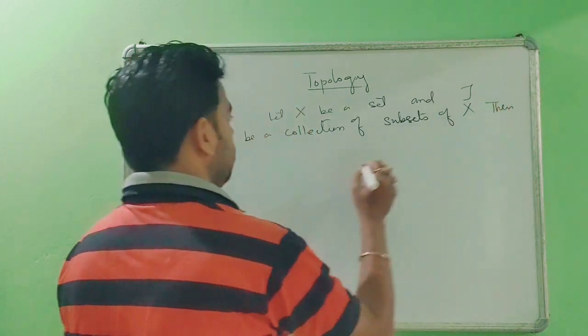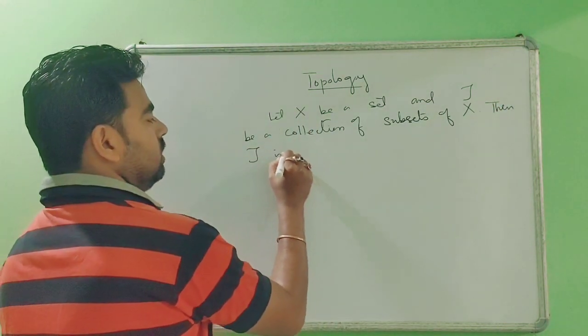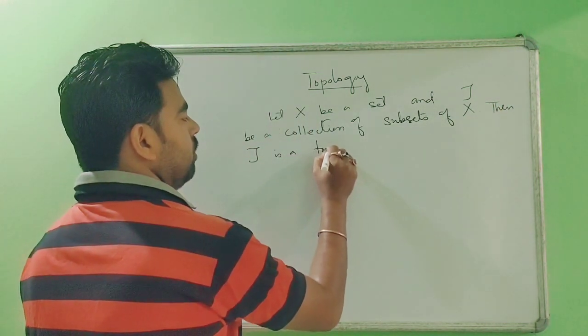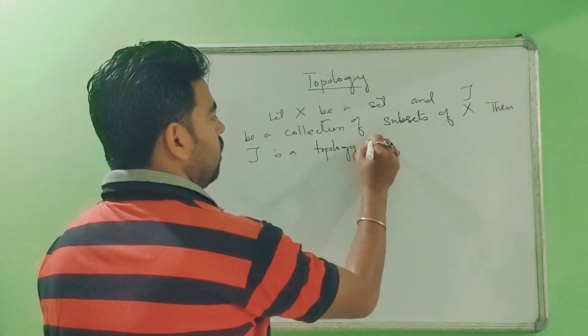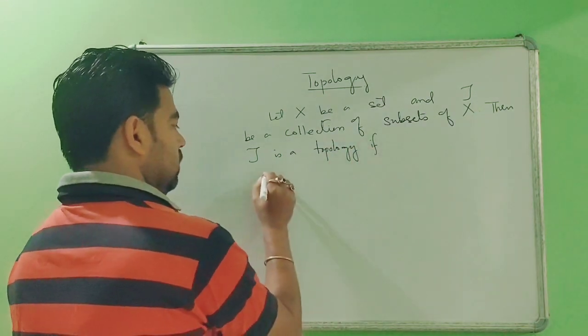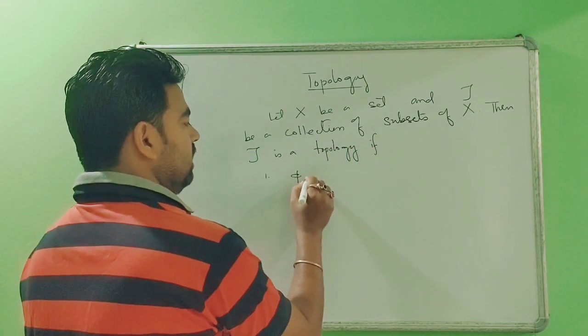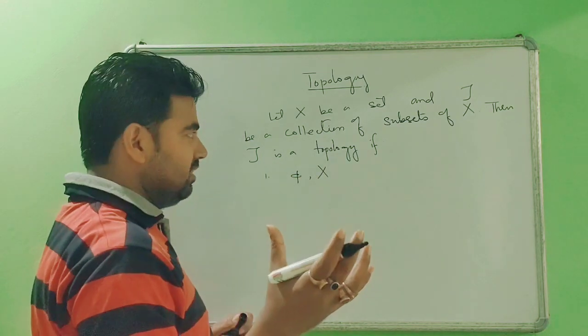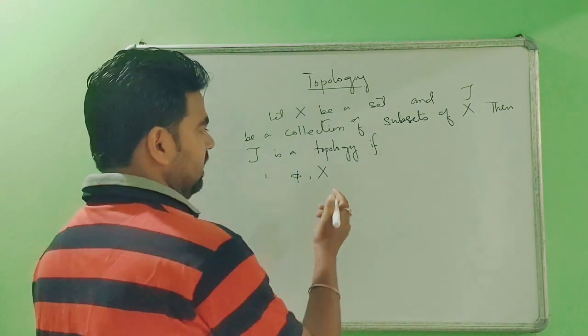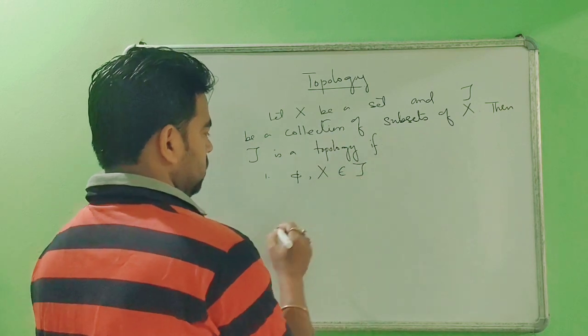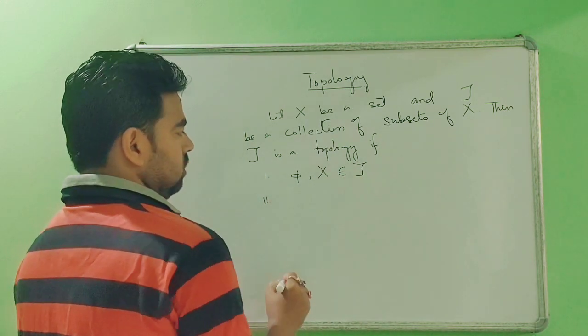Then tau is a topology if number one, the set X and the empty set belong to tau. First condition. Second condition,